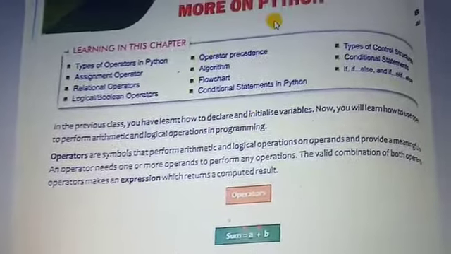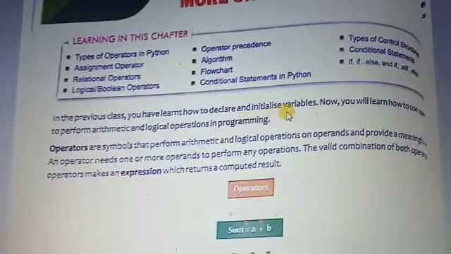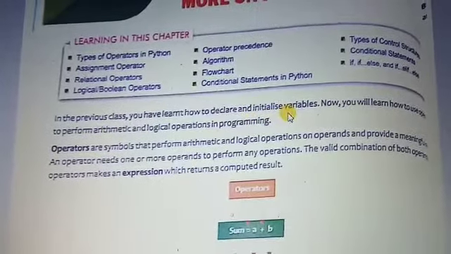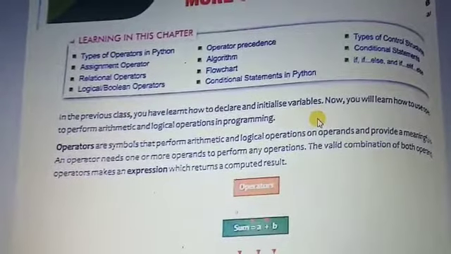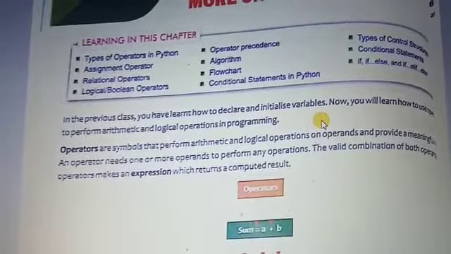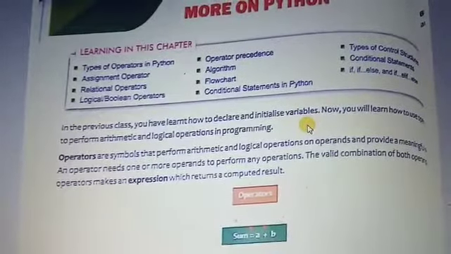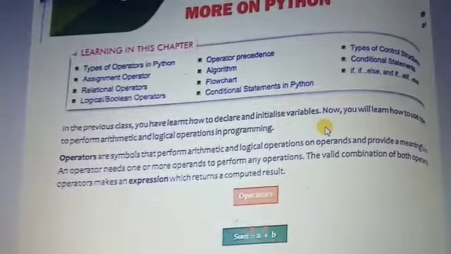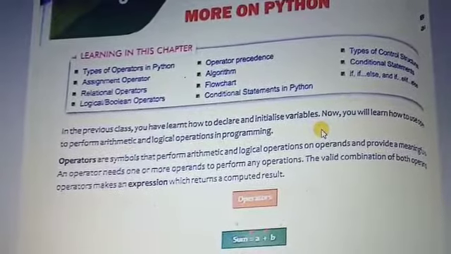In this chapter, you already know how to declare and initialize a variable. A variable is a storage area that stores a particular value according to its type. Whatever variable name you assign and whatever value you give, a particular data type is assigned to the variable.